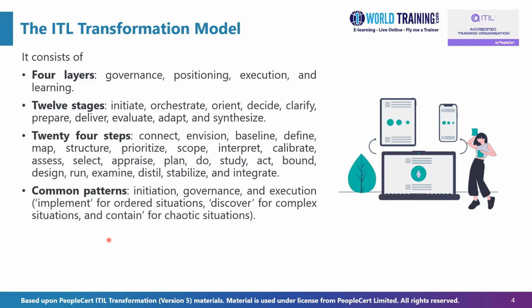So as we noted in section 1, part 2 briefly, each layer serves a distinct yet complementary function. So this structure defines key focus areas while maintaining clear relationships between strategic direction, contextual understanding, practical implementation, and continual improvement. And a stage is a sequence of steps taken as part of carrying out the transformation to move from one stage to another. Whereas a step is an integral part of the transformation flow, consisting of context-specific activities required to reach the outcome of that step. We have seen these definitions in section 1, part 2.